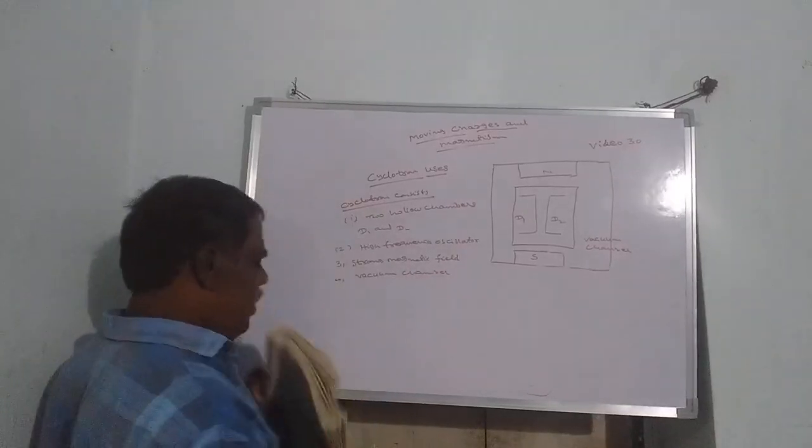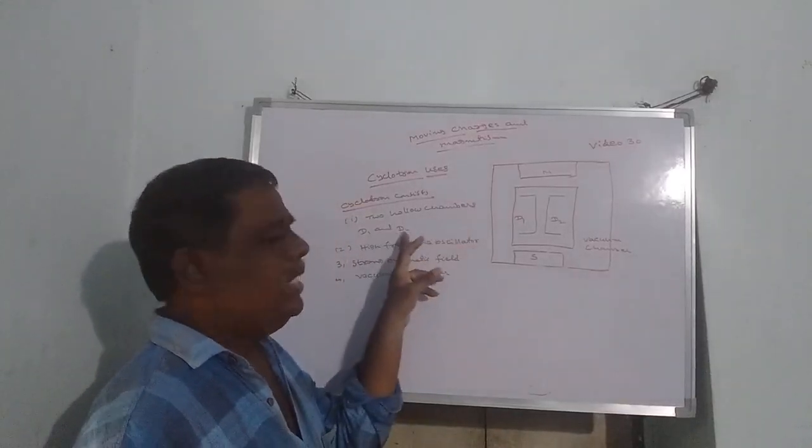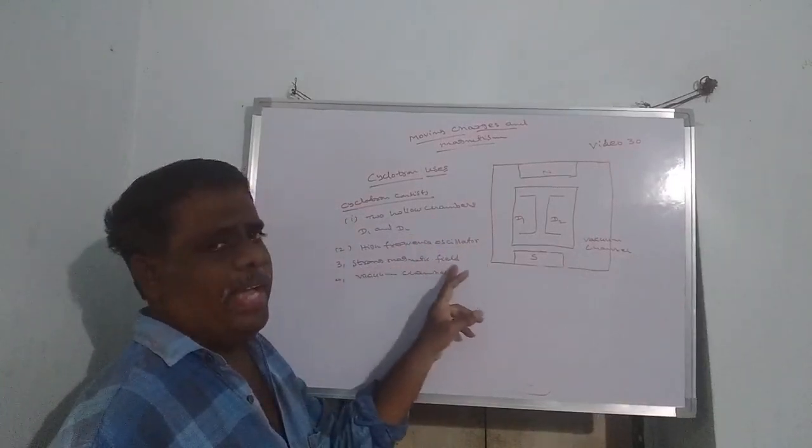So totally 4 important parts it consists: 2 hollow metallic chambers D1 and D2, high frequency oscillator, strong magnetic field,